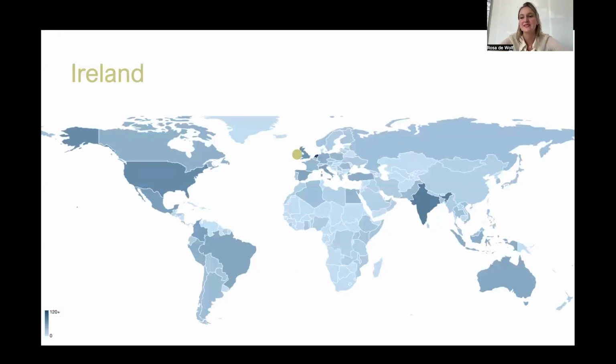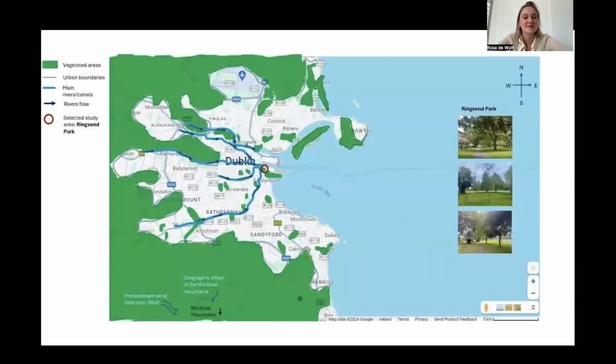Then we move on to Ireland, and more specifically, we zoom into Dublin. We see that Dublin is surrounded by a large vegetated area, and within the city, we see fragmented bits of parks and green.